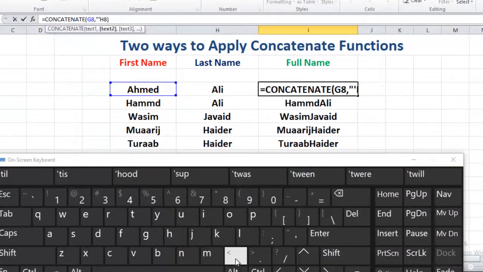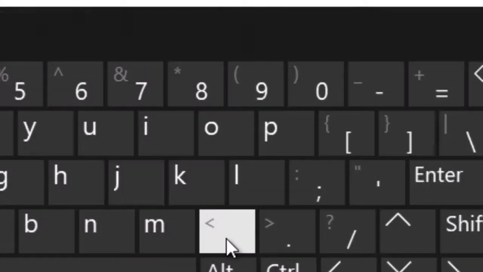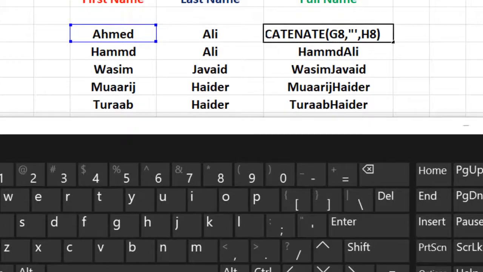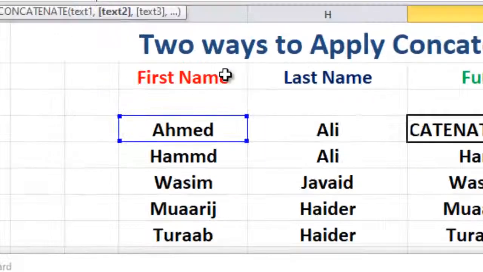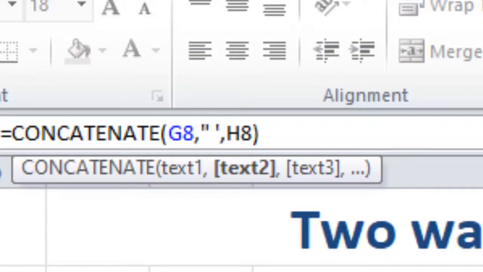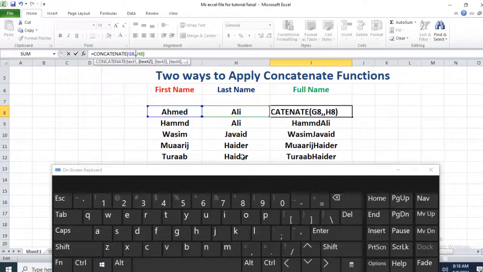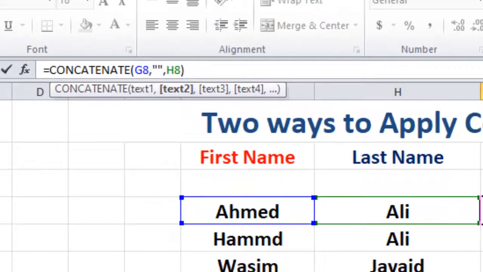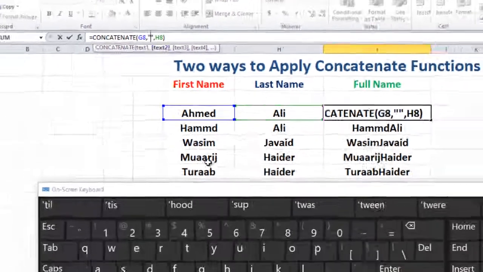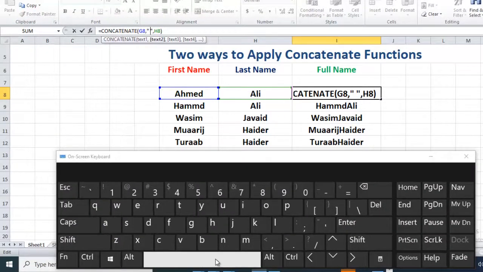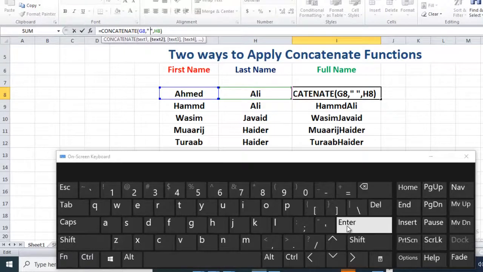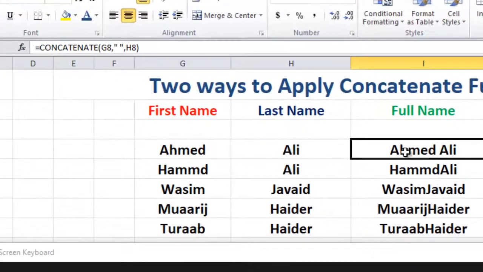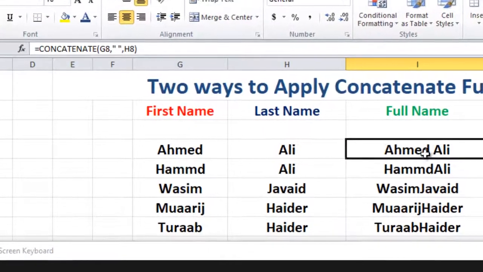This comma is a separator which will separate these two cells' data. Within these quotation marks, I will give one space. Excellent. Now I press enter. Can you see a space added between the first name and the last name?